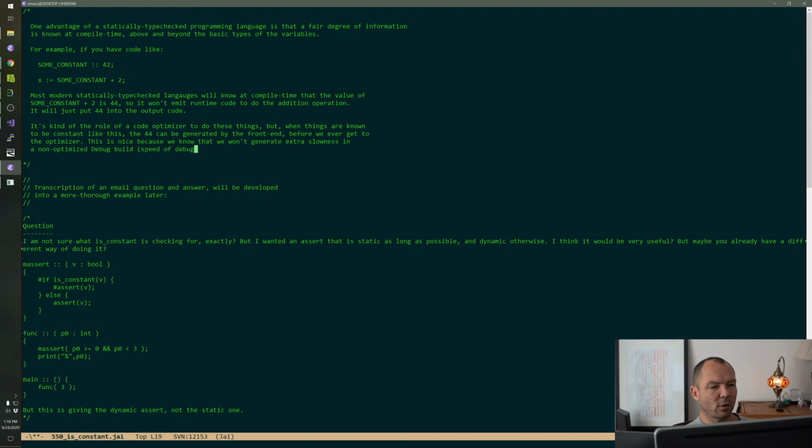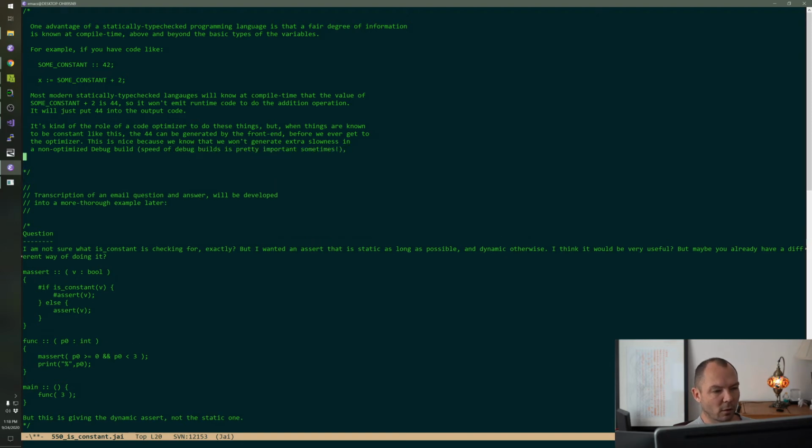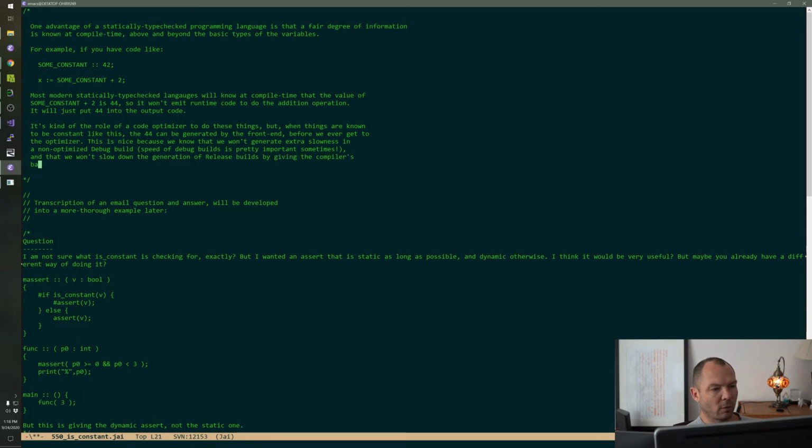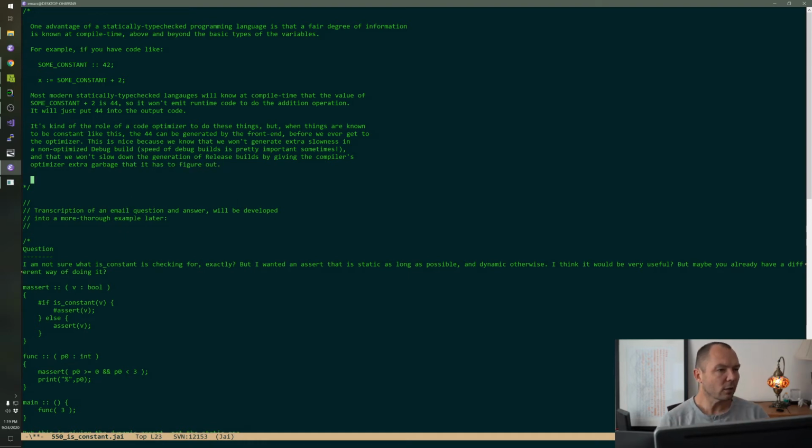Speed of debug builds is pretty important sometimes. And that we won't slow down the generation of release builds by giving the compiler's back end, the compiler's optimizer, extra garbage that it has to figure out. Okay.